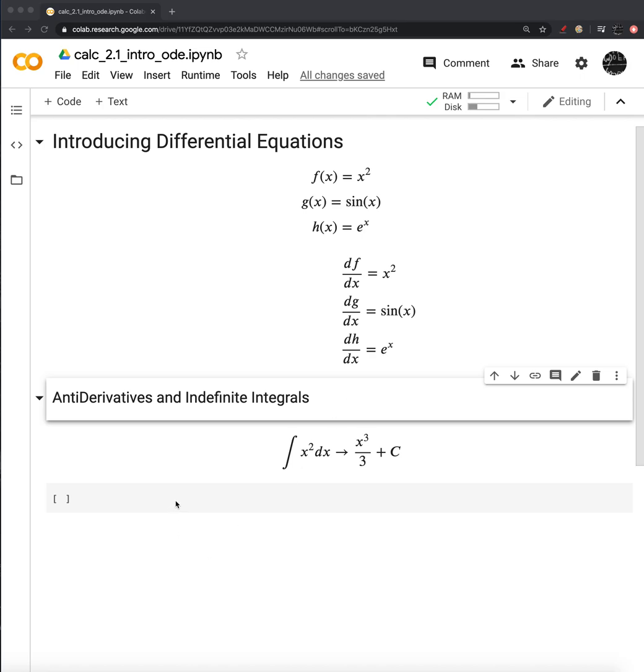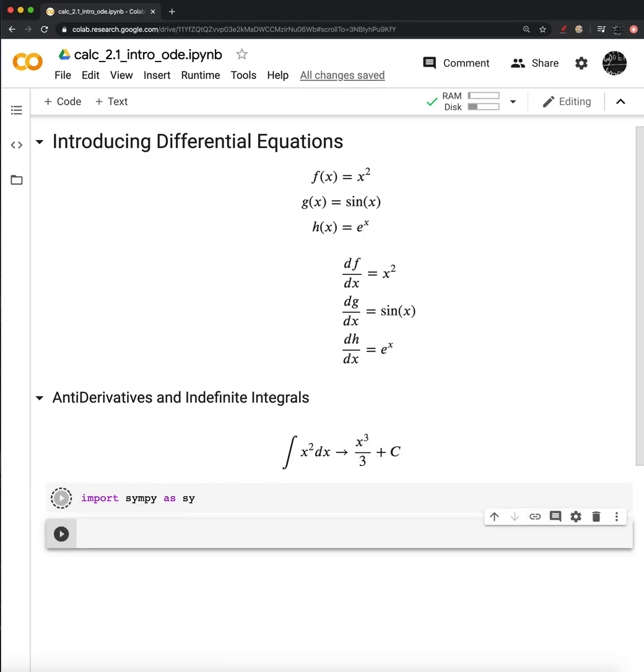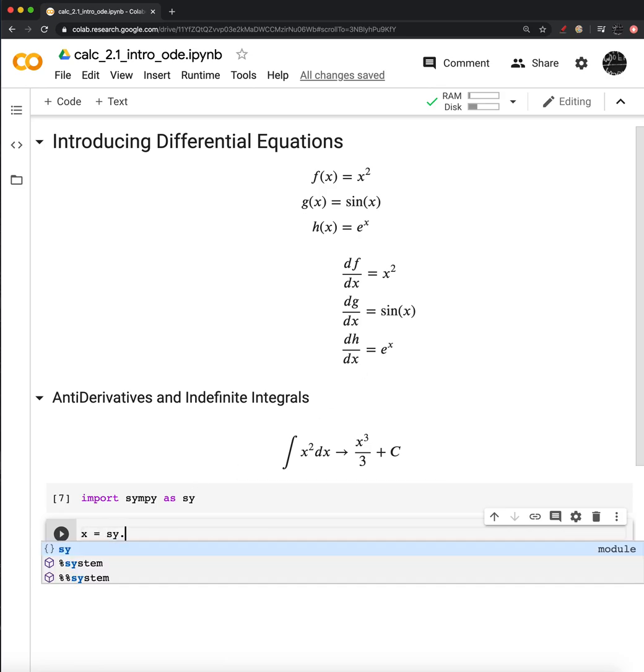But in other situations, we may want to have recourse to technology. So here we'll just show how we can solve these antiderivative problems using Python and SymPy quickly. First, I'm just going to import the symbolic computing library SymPy as sy. I'm going to create a symbol x, because that's the only variable in any of these expressions is x. So x will be sy.Symbol,